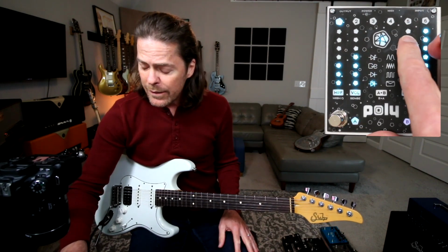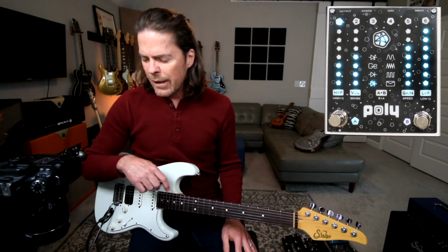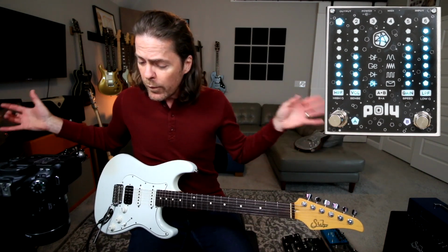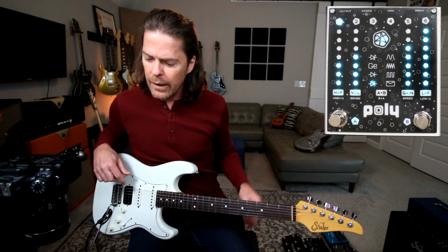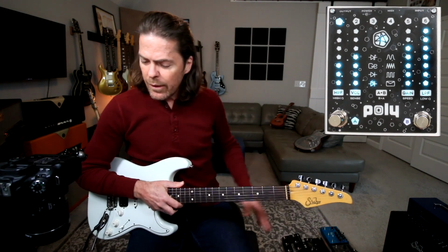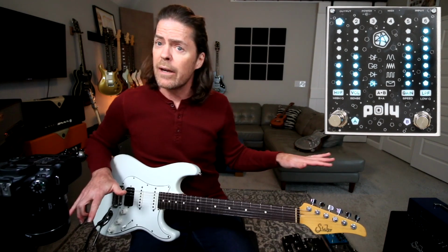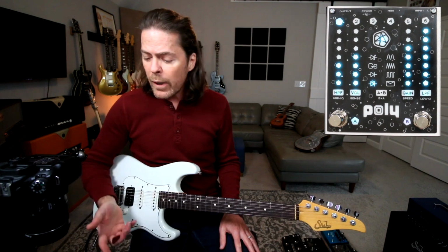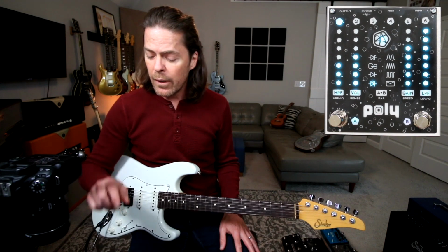Dug the way that sounded. I used a setting similar to that for some of those solos, and also the way I used the pedal for the rhythm tracks was literally just that Schottky diode, and then Tele on the right, and that Zemaitis on the other side, or I think it was Tele on the left, Zemaitis on the right. But I didn't touch anything. I just plugged in two different guitars, didn't touch anything on the amp. And went for it. And then the rest of the sounds were definitely channel A and B together, almost always